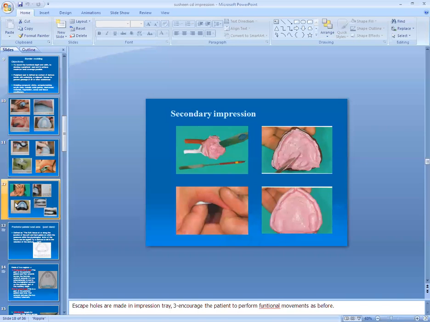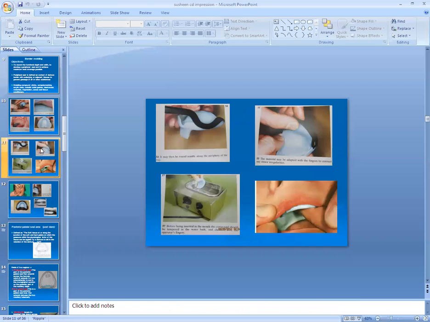And for the mandibular lingual area, what do we have to do? Ask the patient again, same green stick material, apply it on the lingual flange, dip in warm water of temperature 55 to 65 degrees centigrade and do the tongue movement. What kind of tongue movement do we ask the patient to do? Apply the tongue to the left buccal, right buccal cheek forcefully. That will record the lingual flange.